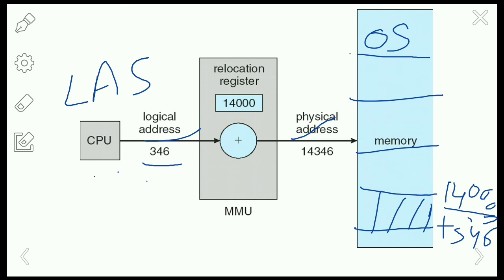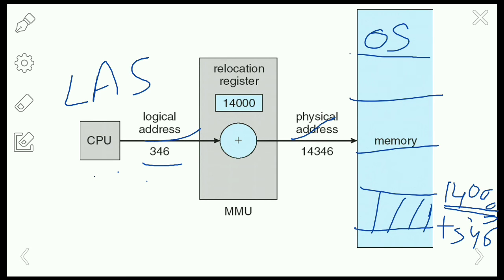Coming to the physical address, the location in the main memory is called the physical address, and it is only one and it will be constant, like 14,000. It won't change, but the logical address will change, right? When a program is fetched from the secondary memory to the main memory, at that time the CPU will generate the logical address, including the actual size of the program.